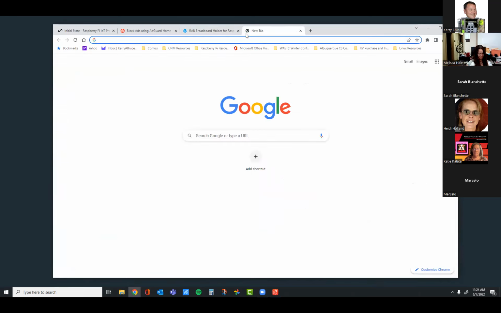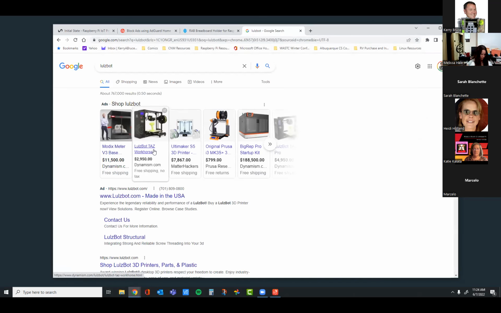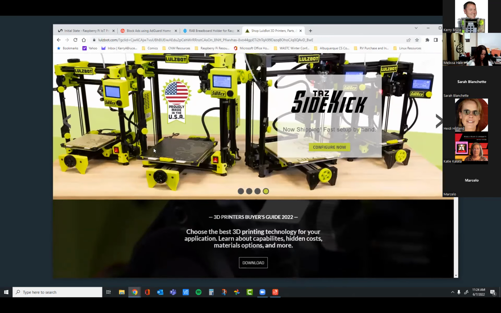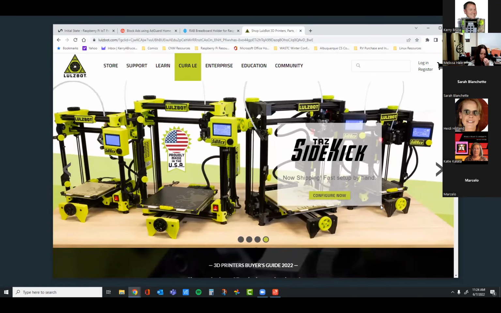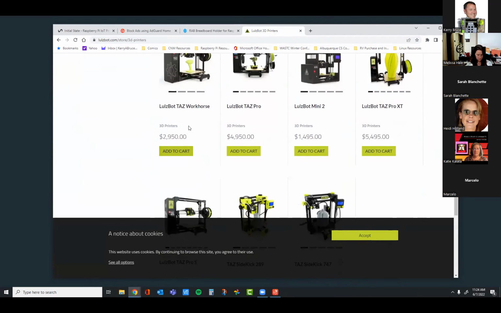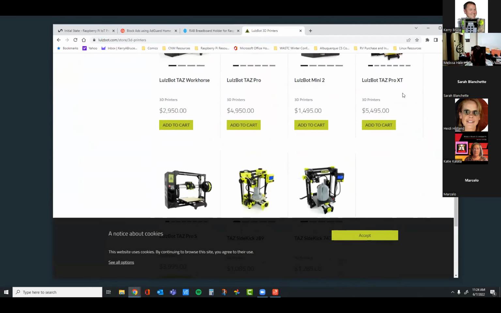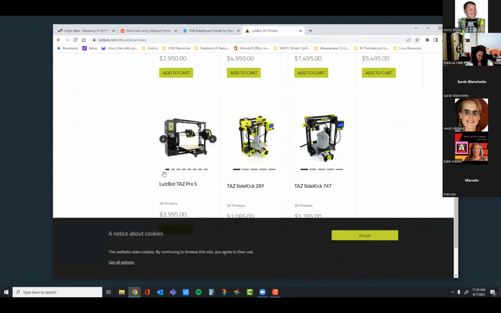So we have this one. The workhorse. No, we got the Pro XT is what we got. No, the XT is the tall one. We got this one, Pro S.